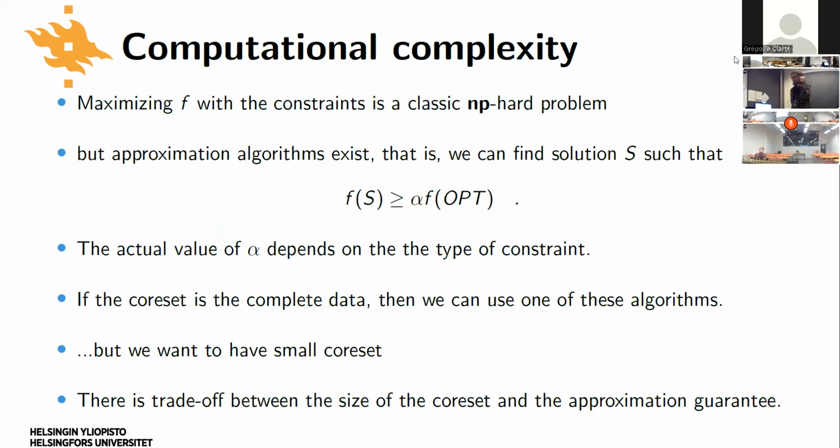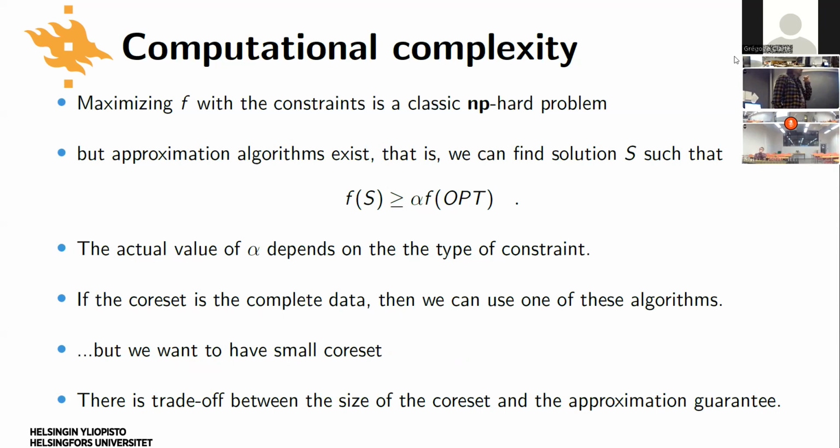Okay, a few things about the actual computational complexity here. Let's forget about the coresets and the whole deletion thing. We're just looking at maximizing a submodular function given some constraints, right? Just that single component. Now we know that this is a very classic NP-hard problem, and we also know that there are approximation algorithms for it, which are very classic results.